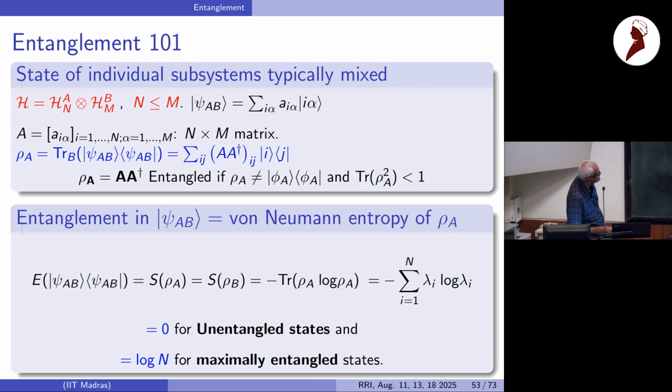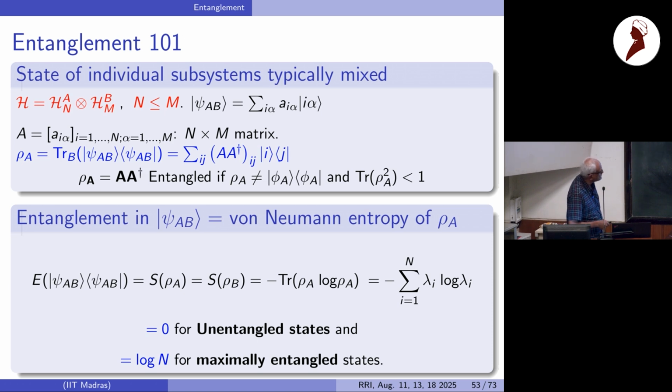Okay, where there are n eigenvalues. Remember this A is a rectangular matrix, n cross m. A A adjoint will be a square matrix, n cross n. And it will have n eigenvalues. Typically, all of them will be non-zero. If you calculate rho B, the reduced density matrix for B, it will be an m cross m matrix. I'll leave it as an exercise for you to find out what it is in terms of A and A adjoint. Basically, it's A adjoint A, but it's not exactly that. It will be an m cross m matrix, which will have exactly the same non-zero eigenvalues as rho A. All the others will be 0. It will be padded.